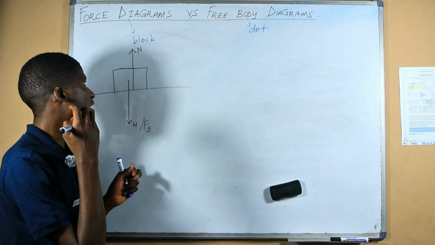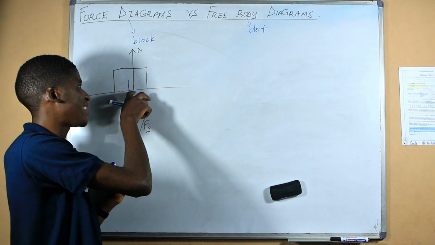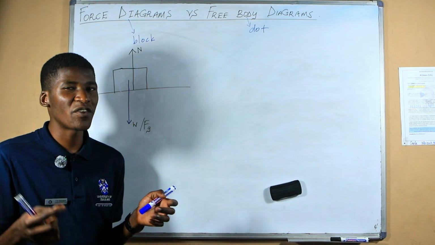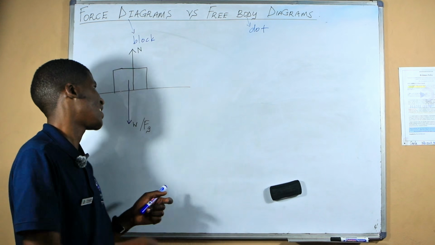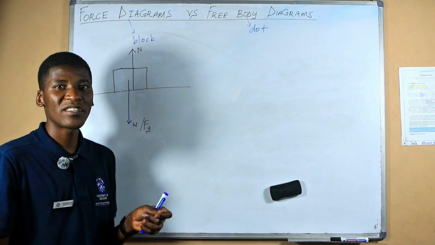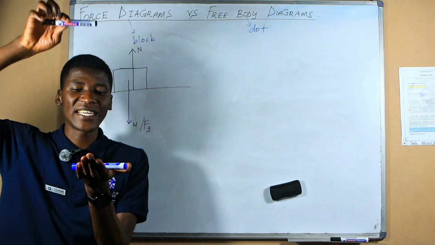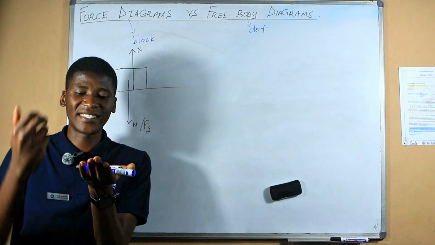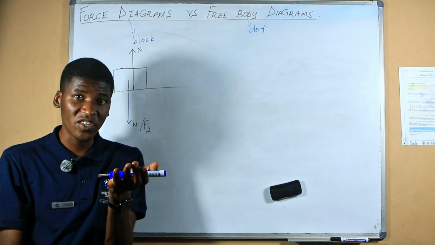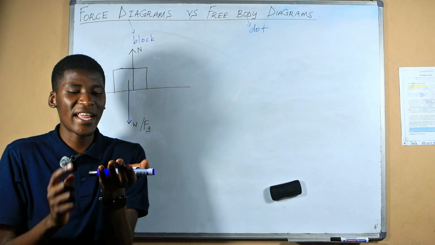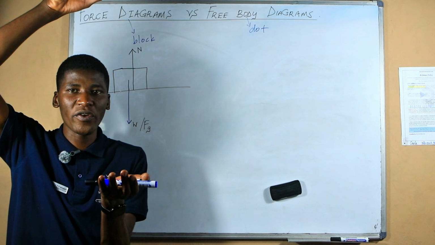So here, whenever we draw the arrow for the normal force, the arrow for the normal force always starts here at the surface, because basically the normal force is being applied by the surface on the object, so that the object does not continue moving down. Because remember that gravitational force causes the object to move down, right? But the moment the object lands on another surface, that surface will be applying a force upward, so that the object does not continue moving down. So it's more like the surface is actually stopping the object from moving down.